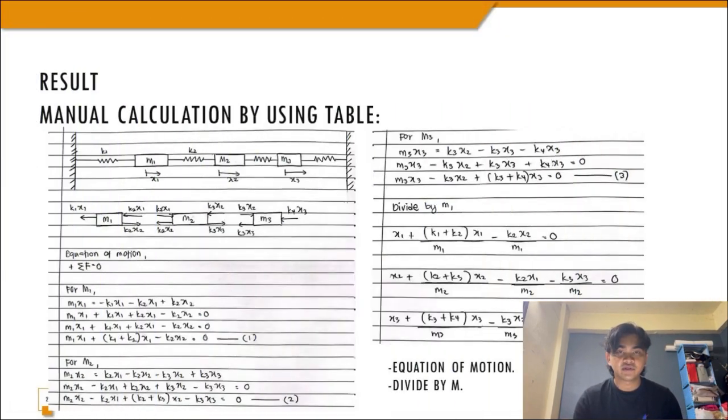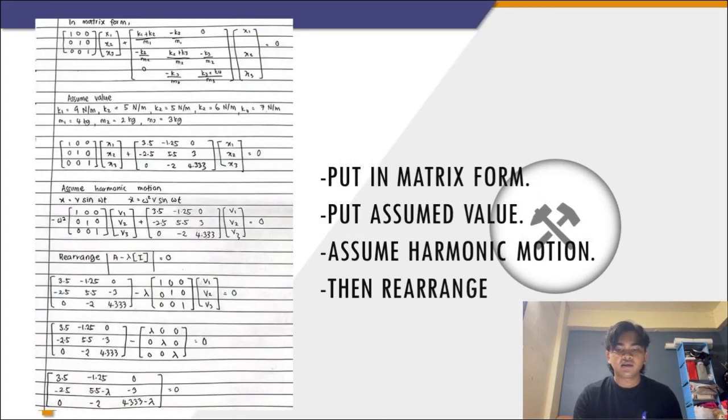Now, I would like to present the result and discussion. First, the result by manual calculation by using table. First, we have to do the diagram and the equation of motion from the diagram. Then from the equation, we divide by m, and then we put it in the matrix form. Then we put the assumed values, and then we assume harmonic motion, and then